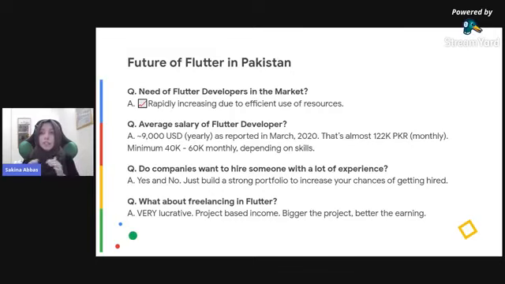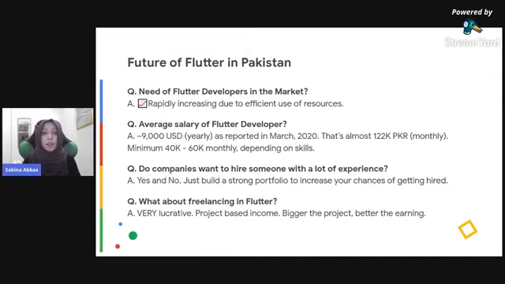But I would say that experience, don't focus on experience, focus on your skill set. Focus on how much you know of Flutter. Focus on your project portfolio of Flutter. If you have a very rich and a very strong portfolio of your past projects, then it automatically increases your chances of getting hired as a Flutter developer. So focus on that instead of being let down by experience, right?